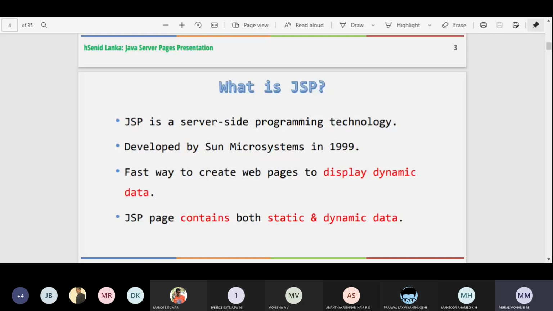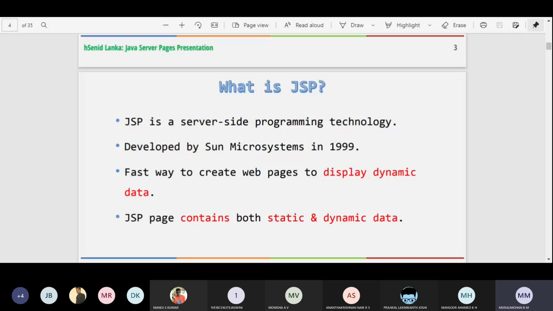So this JSP page contains both static as well as dynamic data. So if I don't want to change the data as time goes on, as events are occurring, I should keep the data static, right? That I can achieve by using this JSP page, as well as dynamic data I can include inside the JSP page.